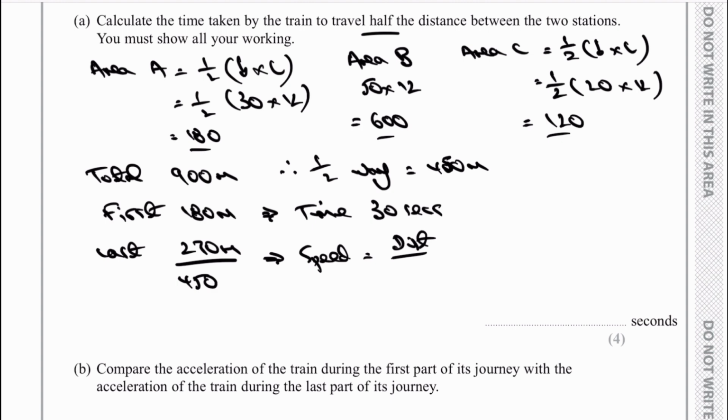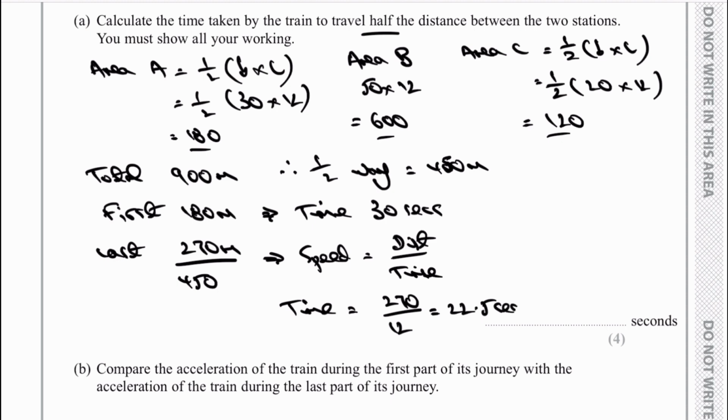So therefore I've got the ability to be able to put that into the formula and work out time on it. So remember, it's time that I'm interested in, which is going to be the distance of 270 divided by the speed, which is going to be 12, so that's going to be